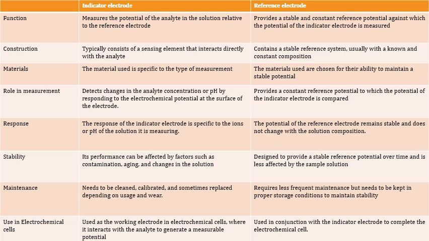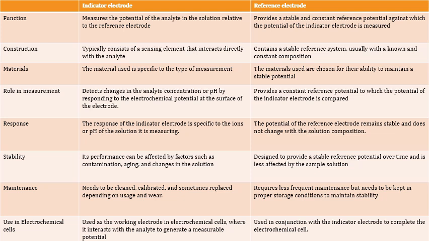The potential measured is indicative of the concentration of specific ions or the pH of the solution. Example, a pH glass electrode for measuring pH, or an ion selective electrode (ISE) designed for specific ions like sodium,